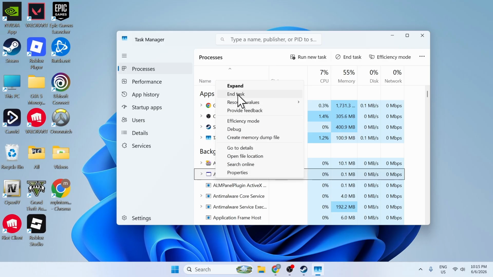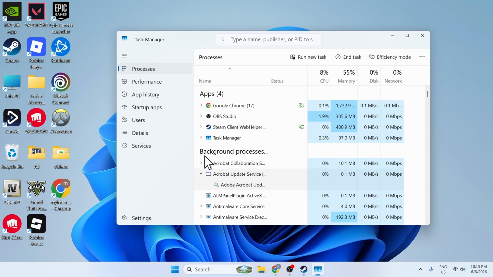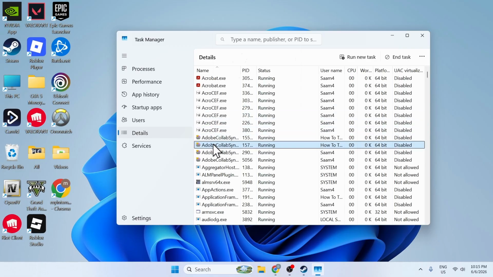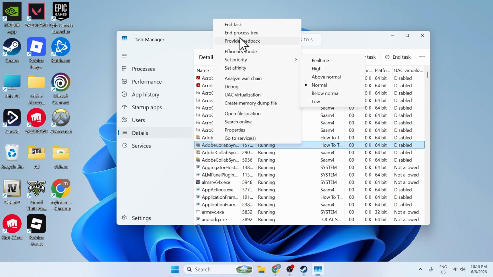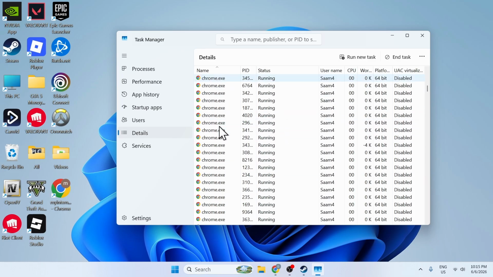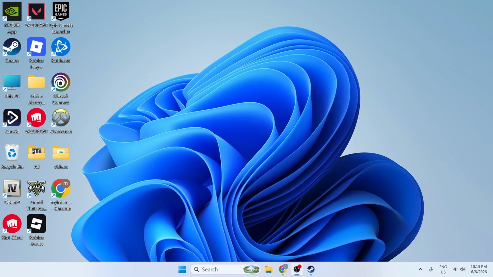Right click and then exit it from here. So go to Details and exit the game over here. If you see it, right click and then End Process Tree. So just find the name of the game and exit it. Once you do this, now what you'll do is go to Google,